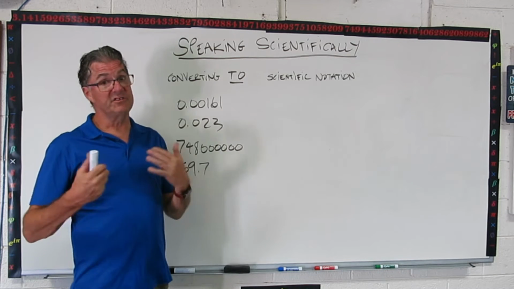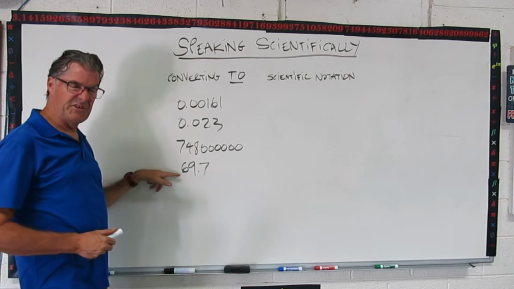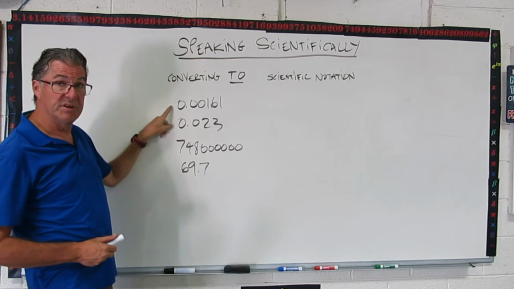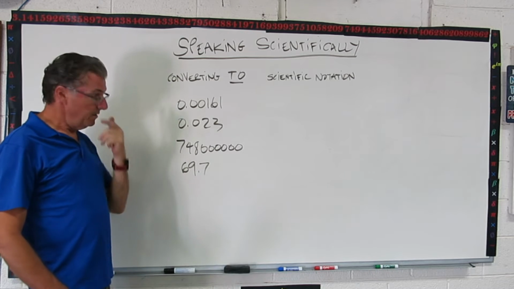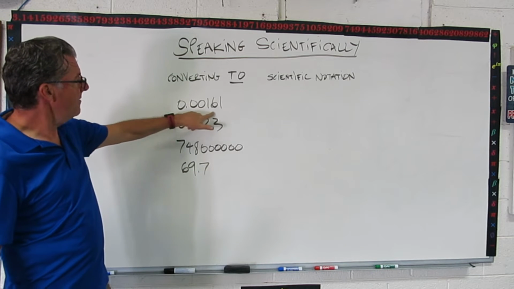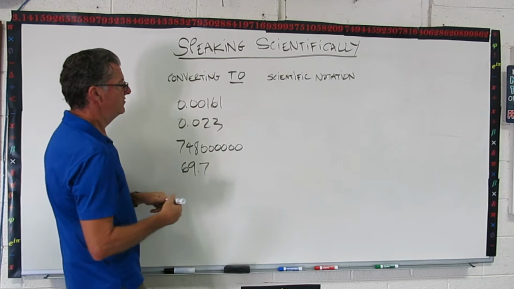Okay, now let's convert to scientific notation. And so check it out. Now we have these real numbers. We've got a couple tiny ones to start with, and then one very big one, and then one not so big one. So check this out. Okay, here we are. Now scientific notation is just going to have these numbers. So I'm going to go